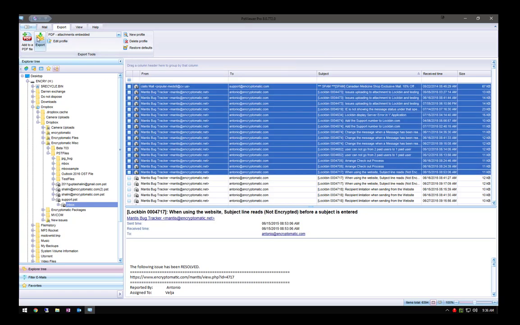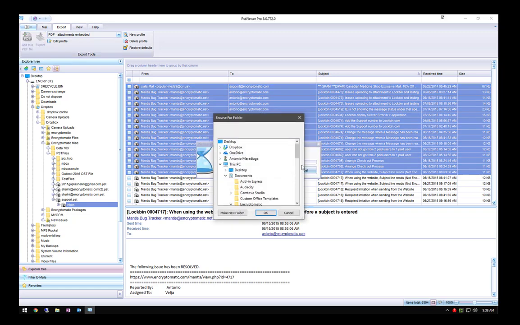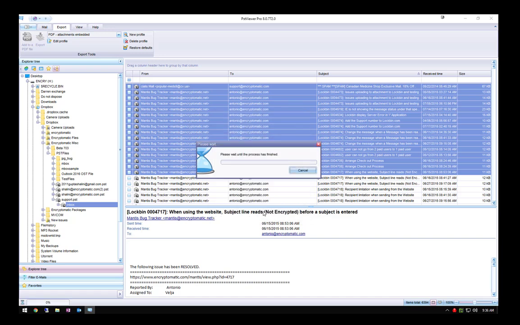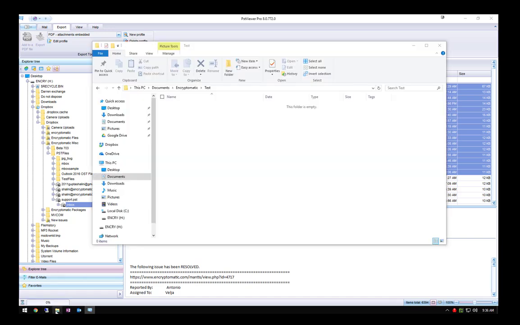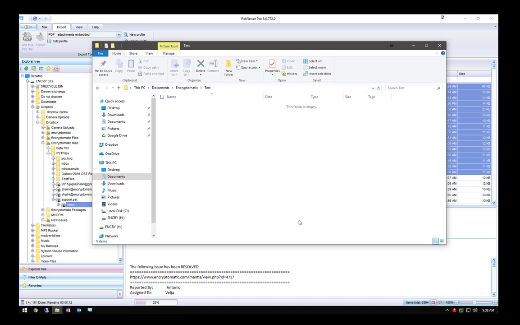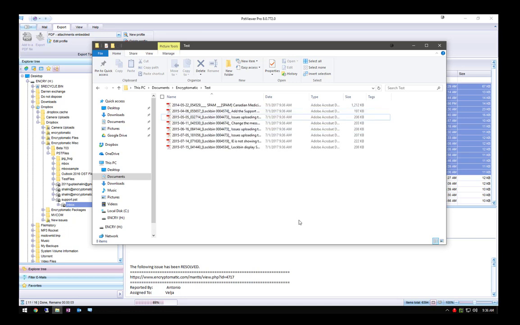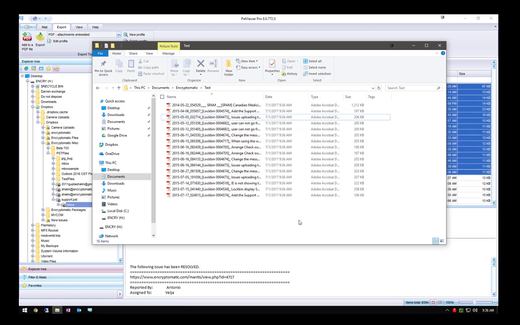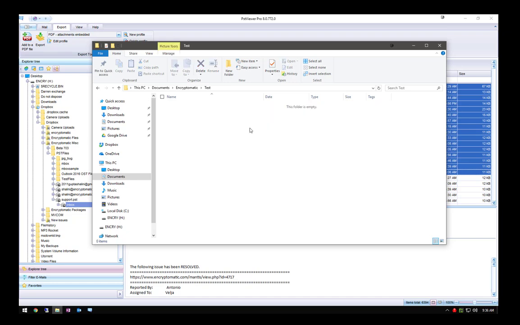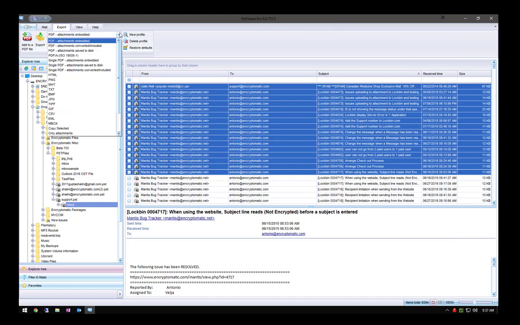We're gonna send it to the same folder, test. Now the process, depending on how many emails you have, may take a little bit longer. These are emails right now that I'm selecting with no attachments. So you are able to see that it is actually exporting with the naming profile that we want. We're gonna go ahead and delete this, and we're gonna move quickly to the other profile, which is attachment saved